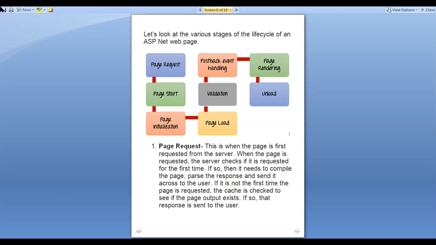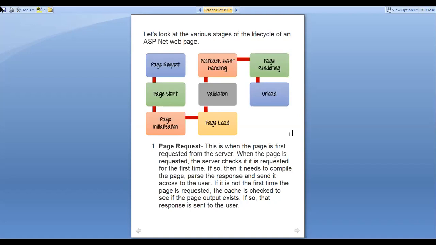So at the page request stage, we simply have to check whether that request is made for the first time or not. If it is made for the first time, then we need to compile it, parse it, send the response, as well as cache that output. And if it is not the first time, then you directly load its output from the cache memory. You don't have to compile and execute it again. So that is the page request stage.